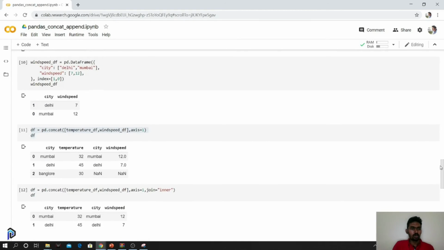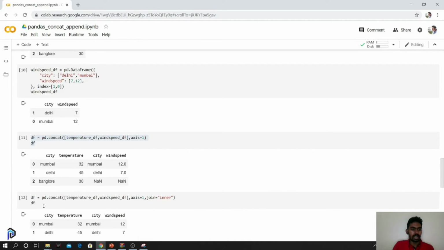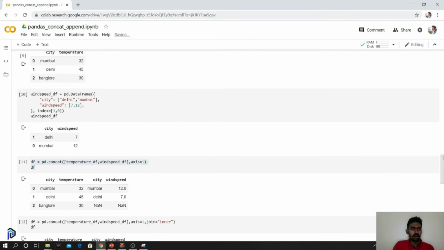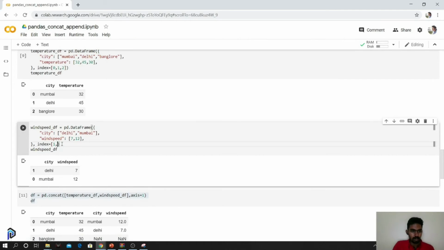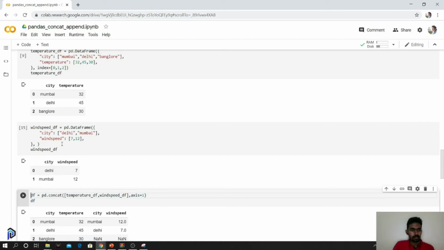One thing to note over here is that it's very important you give the right index. Sometimes if I change the order and I'm not giving the index, the output may differ. I'll just show you an example. I'm just removing this index. So what happens is Delhi is 0 and Mumbai becomes 1. But actually Mumbai is 0 over here and Delhi is equal to 1.